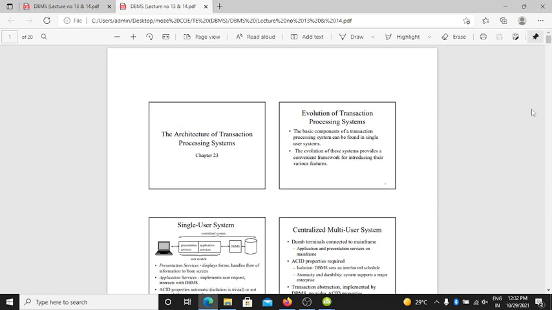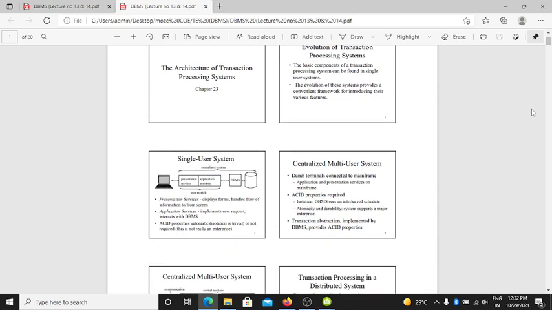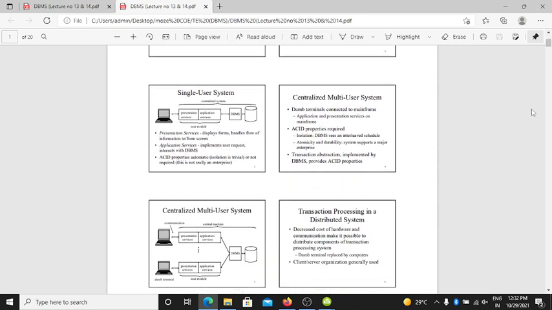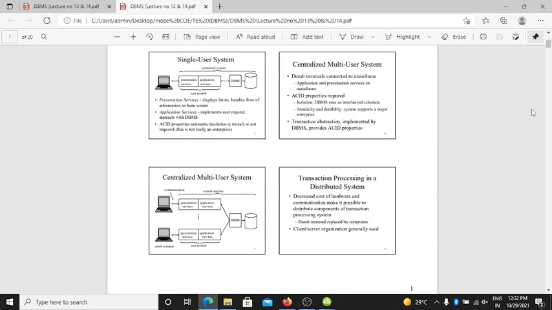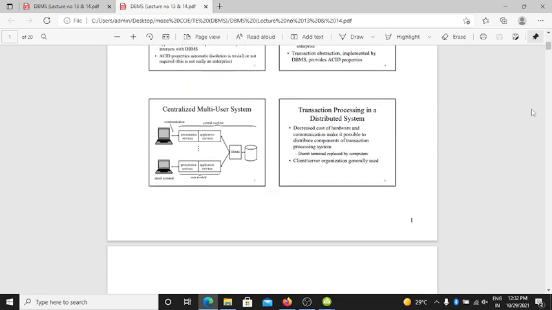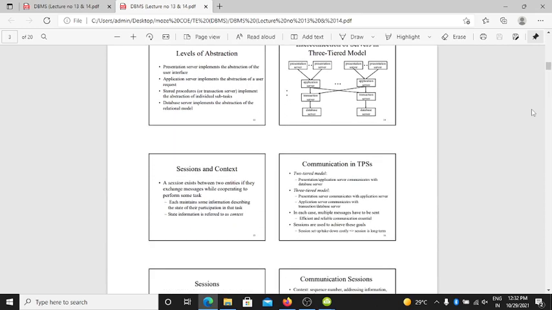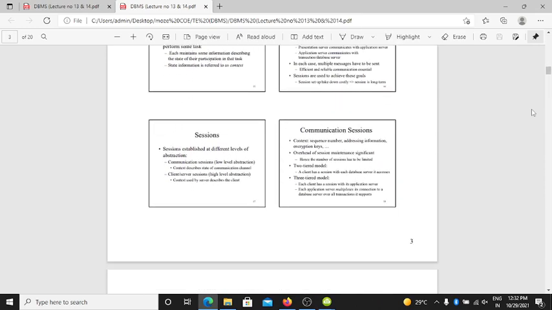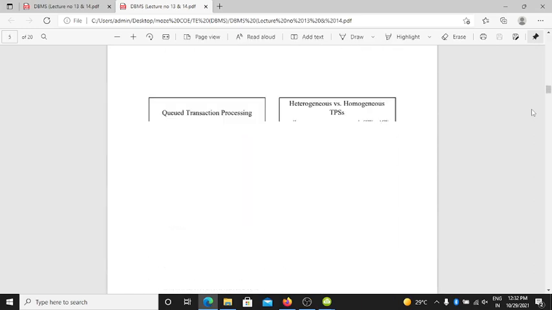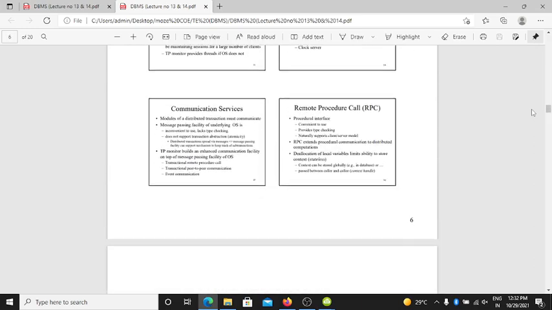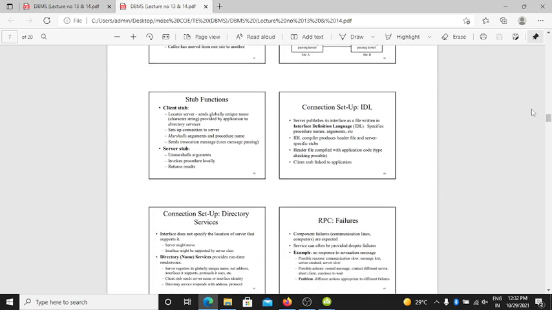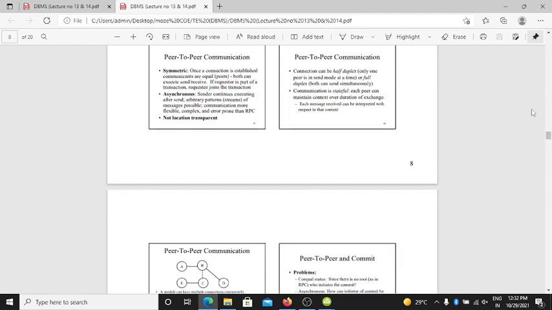Before continuing today's lecture, we will take an overlook of the last lecture. In the last lecture, we saw these points. Observe the screen; you can remember all the things. There are centralized single-user systems, centralized multi-user systems, and so on, which I recalled already at the end of the chapter. In yesterday's lecture, 10 slides were covered. From slide 11 we have to start today.